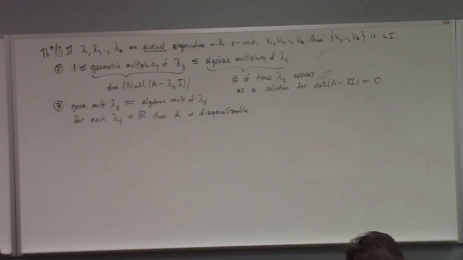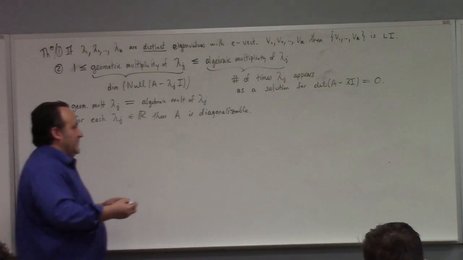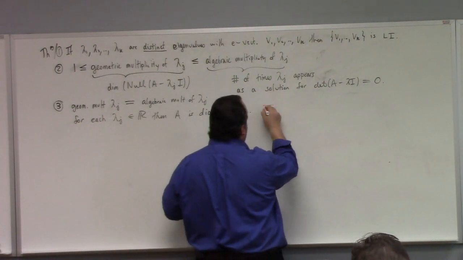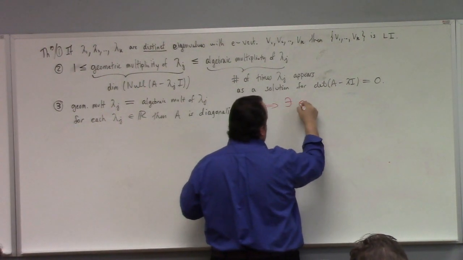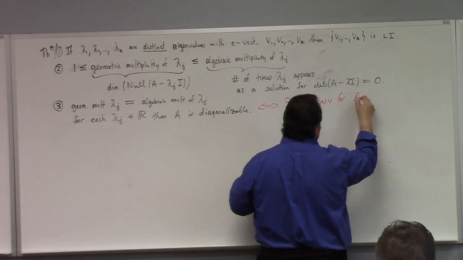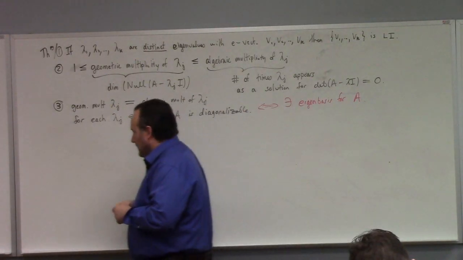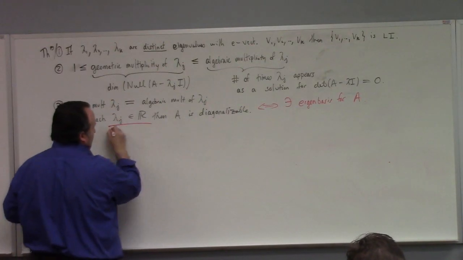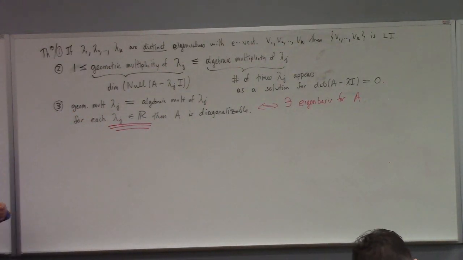This data in number 3 says that if we've got a 4 by 4 matrix, we've actually got 4 linearly independent eigenvectors. We've got an eigenbasis. So number 3 is really equivalent to saying that there exists an eigenbasis for A, all right? But you notice this business right here. I just said for all of the eigenvalues being real, which means that we don't have to have real eigenvalues,